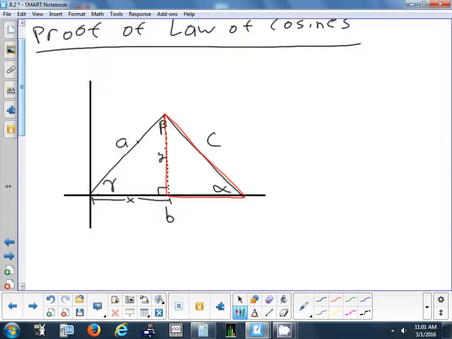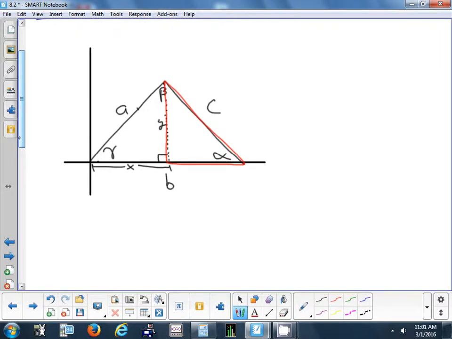All right, so if I wanted to do the Pythagorean Theorem on this red triangle, what's my hypotenuse? C. Okay, so C squared equals, and what's the height of the triangle? How did I label it? Yep, so C squared equals Y squared